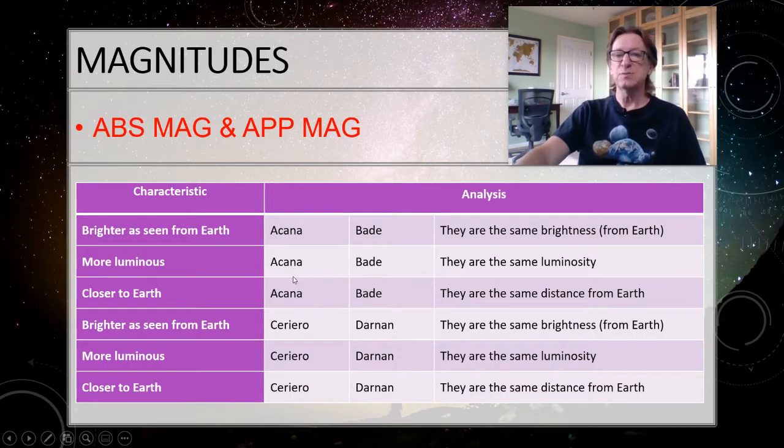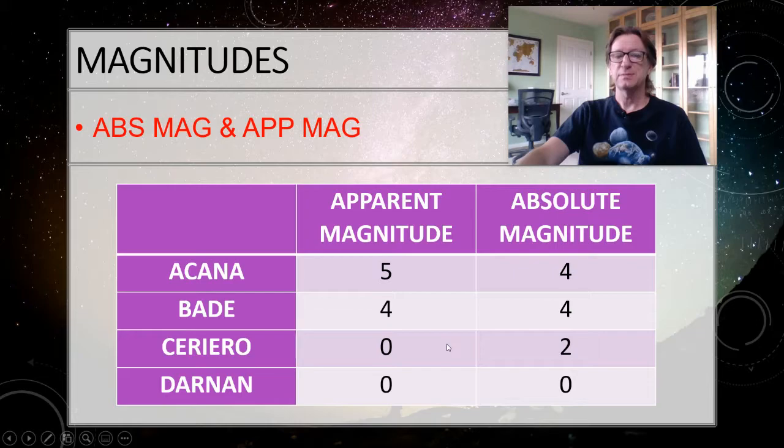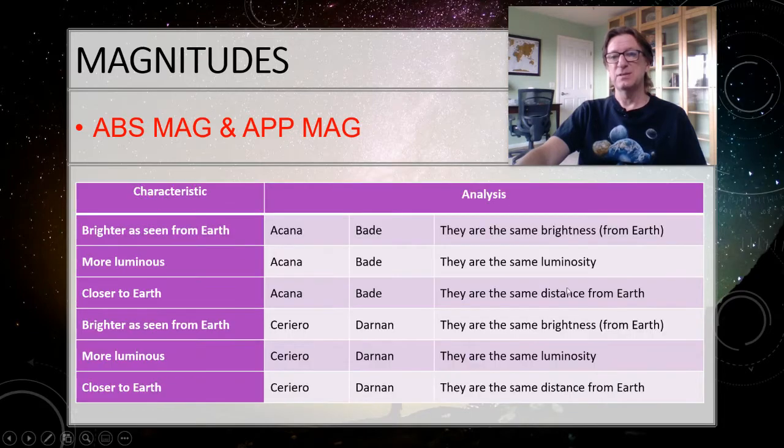All right, now you do this one. More luminosity. Which one is more luminous? Is that going to be apparent magnitude or absolute magnitude? That's going to be the absolute magnitude. So which one is more luminous? Which one has a brighter absolute magnitude, star A or star B? So we're looking at the absolute magnitude. Star A has an absolute magnitude of 4. It came in 4th place. Star B tied for 4th place. So now you see that they're actually the same luminosity.